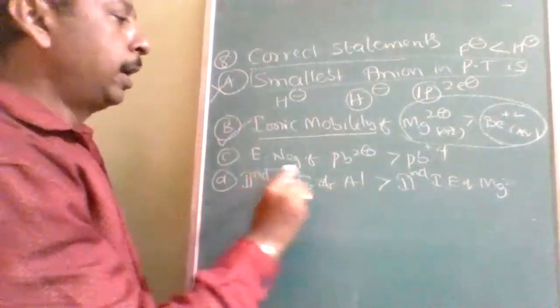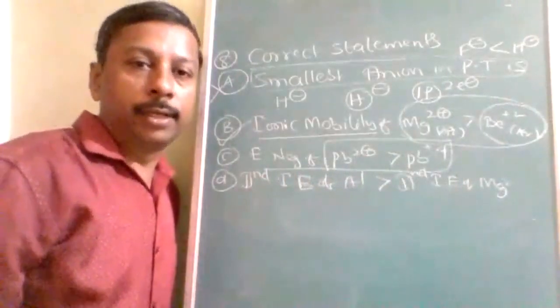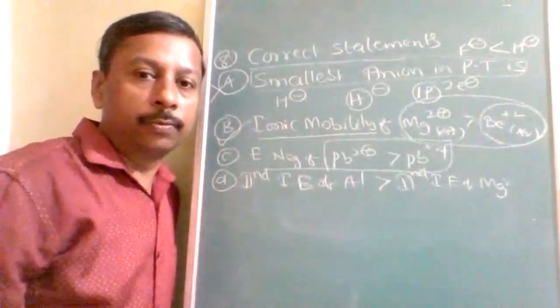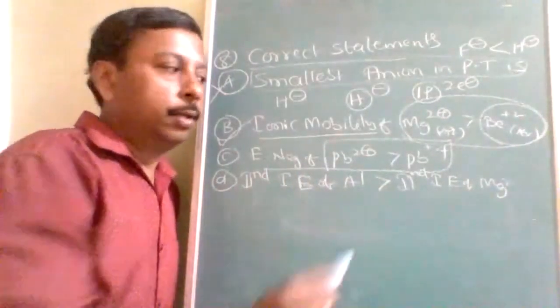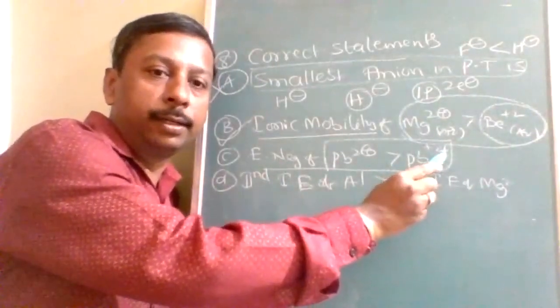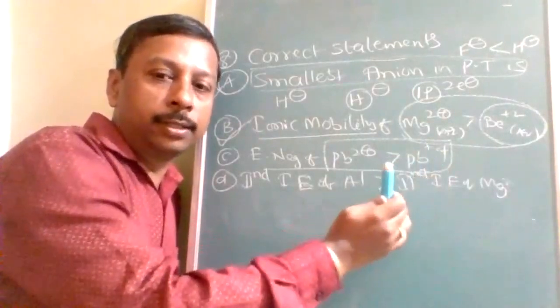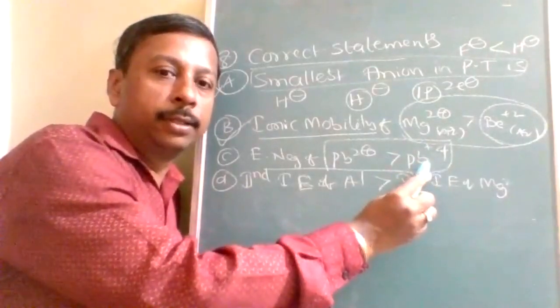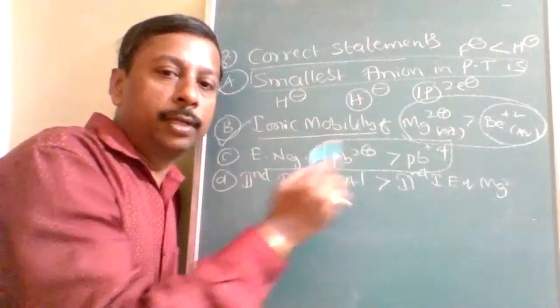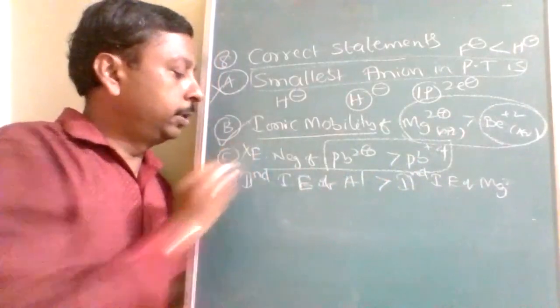And here, higher the oxidation number, higher will be electronegativity according to Fajan's rule. What rule? Fajan's rule. When positive oxidation number increases, its polarizing power increases. Polarizing power is about attracting the electron towards it. So polarizing power increases, therefore electronegativity should increase, but here it is written decreases. Okay, that's why this is wrong.